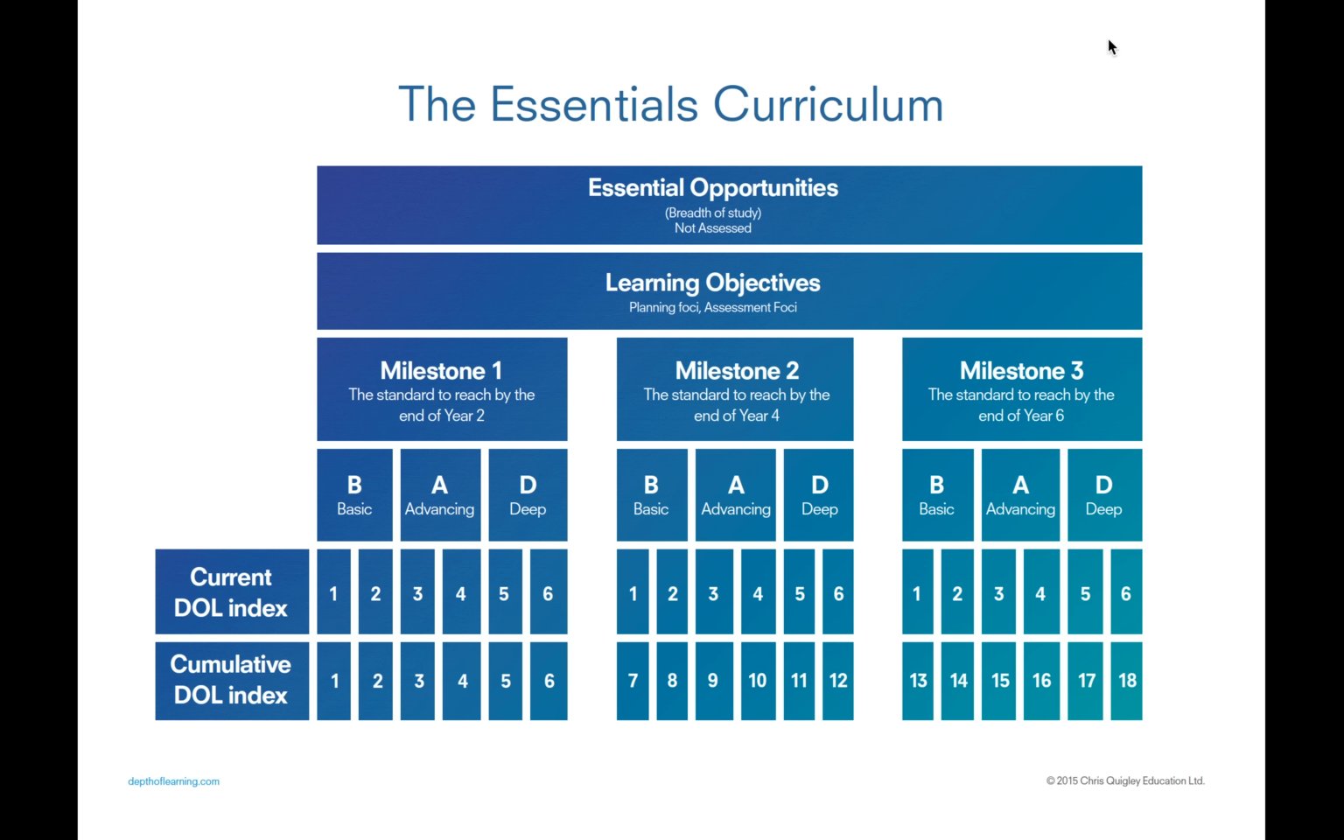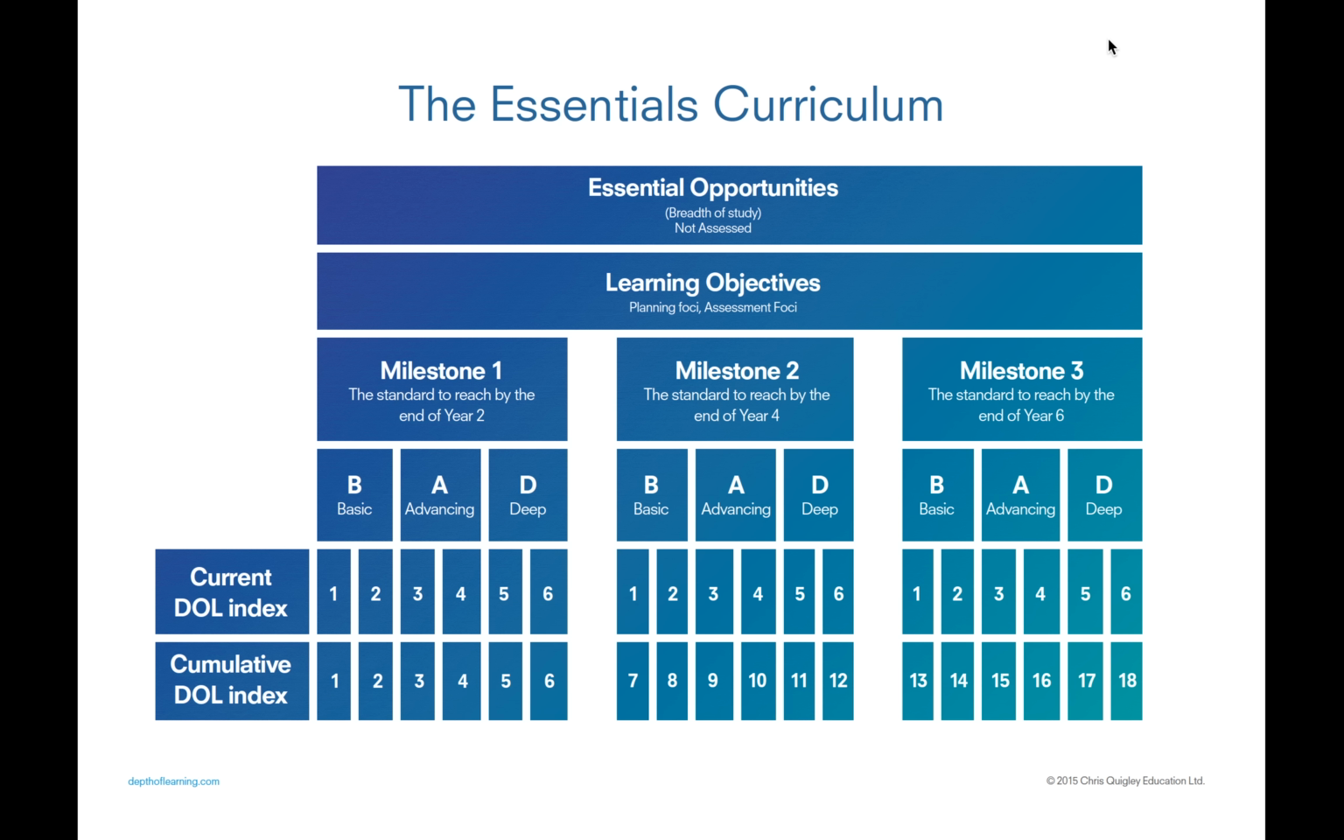The same with advancing. Point 3 is some examples of the advancing stage of development, and point 4 is widespread examples. And the same idea with deep. To reach the national expectation by the end of the key stage, children should have a depth of learning index of at least 4. But even if they do get to 4 early on in the key stage, what we recommend is we stick with the same content and further deepen children's understanding so that they move through points 5